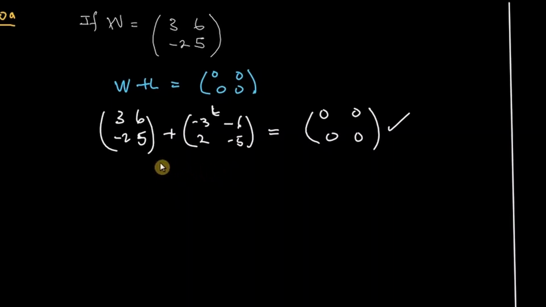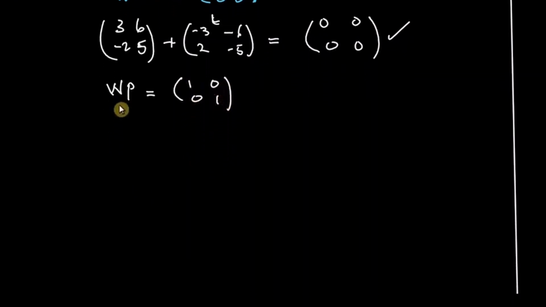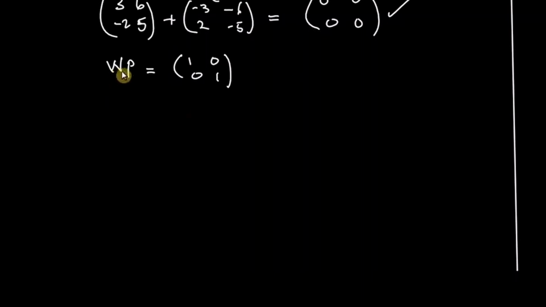Next, we are asked to find a matrix P such that W times P is equal to the identity matrix 1, 0, 0, 1. Now we know that when you multiply a matrix by its inverse, the result is the identity matrix. So W multiplied by its inverse, that's W inverse, will give you the identity matrix 1, 0, 0, 1. Therefore, P must be equal to the inverse of the matrix W, and that is equal to the adjoint of W over the determinant of W,